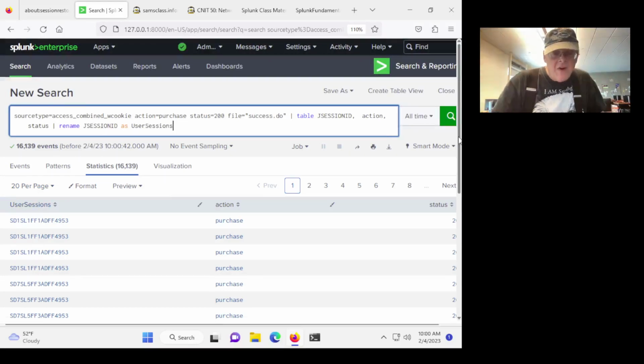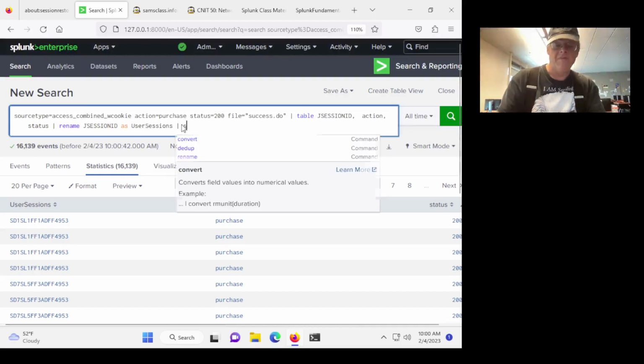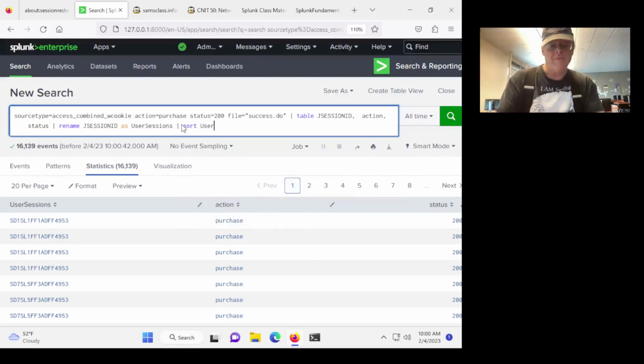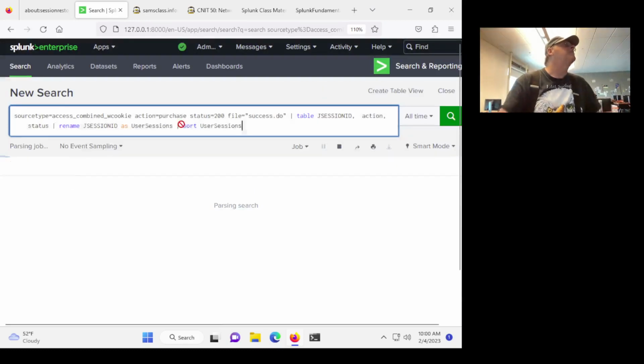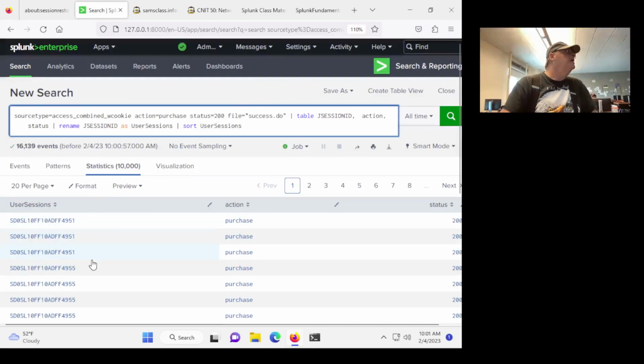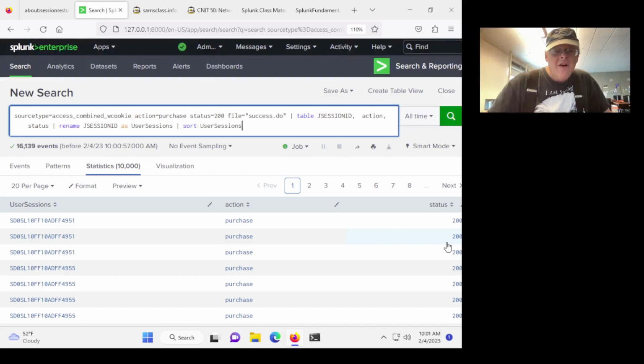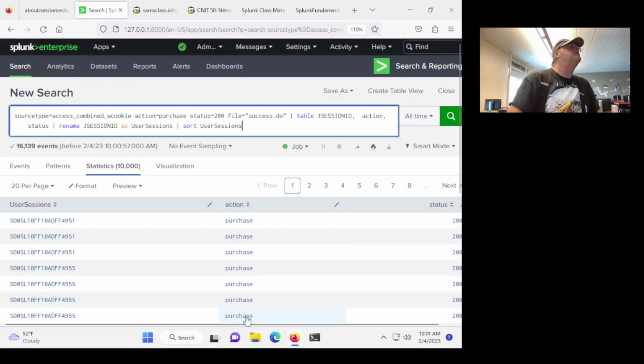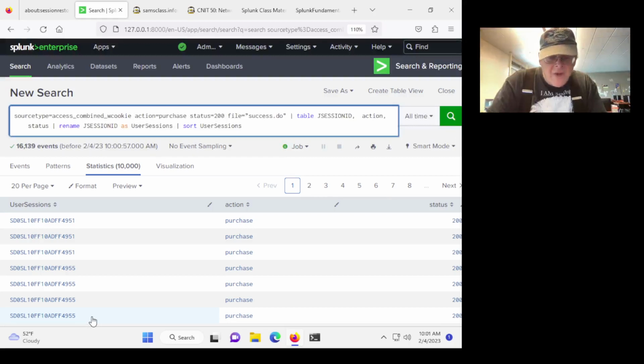All right. Now we want to sort it by user sessions. So it's sort. Okay, now they are sorted by whatever this alphabetical thing is. All right. And now values show up multiple times. Well, yes, I guess they do. All the ones we see first, my mouse is gone. There it is. All right. Yeah, these first three are all the same, and then the rest are all the same, so that's annoying. So we might want to get rid of that